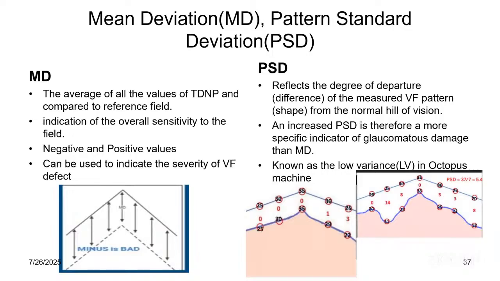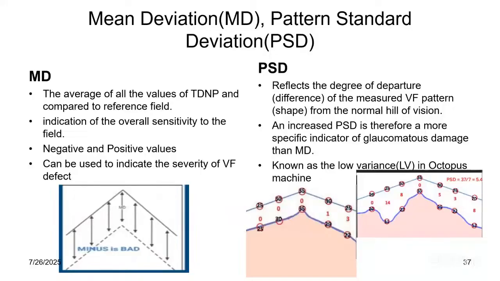You can have a negative or a positive value, and a negative value is actually bad, in the sense that the average sensitivity of the retina has gotten worse, with a deficit compared to the normal